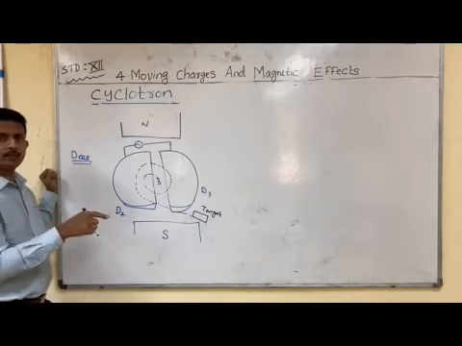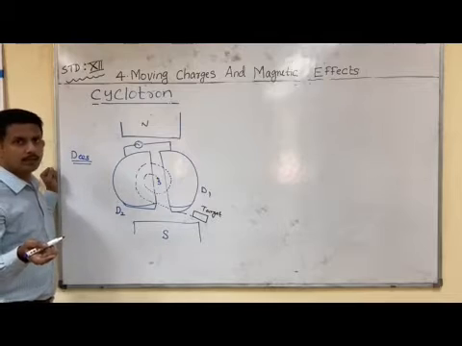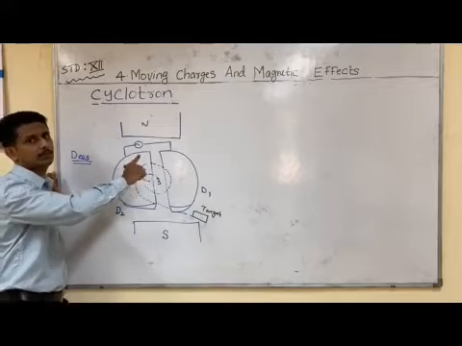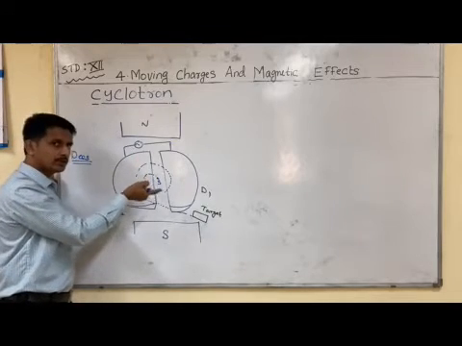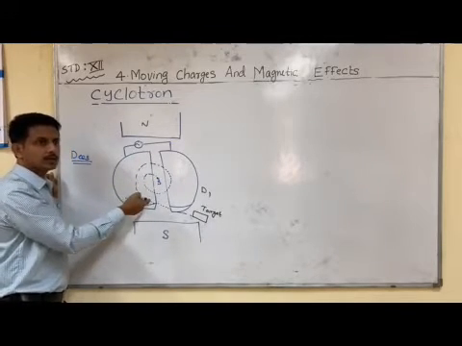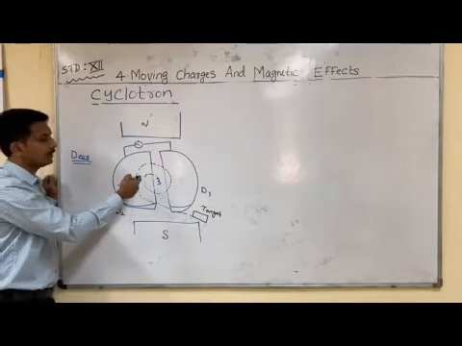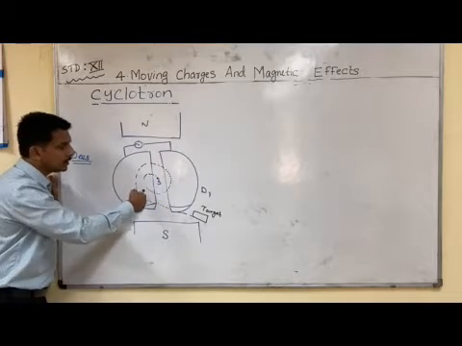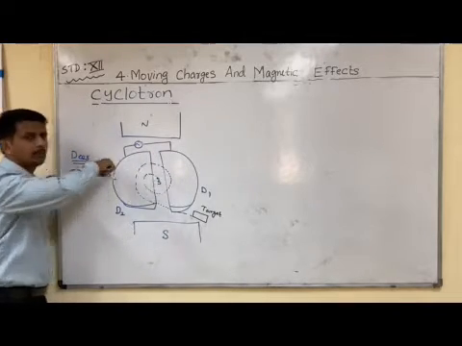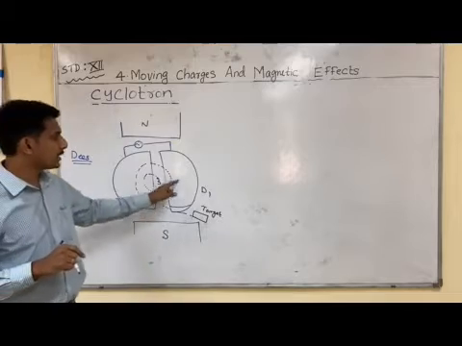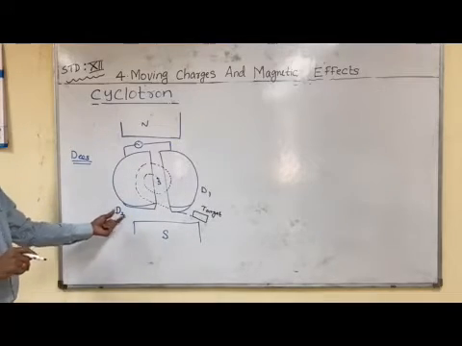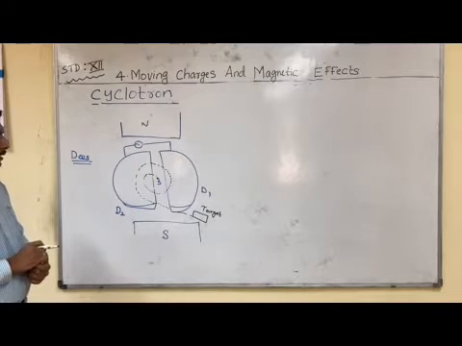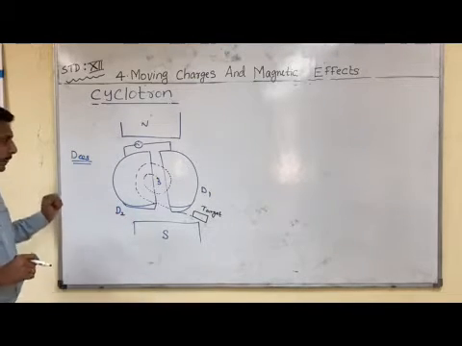We already studied that when charged particles move in a uniform magnetic field, they take a circular path. In this case also, the particle is shielded from the electric field and moves under the influence of the magnetic field. So it takes a semicircular path like this, and it moves in a complete circular path when traveling through both Ds, D1 and D2, acquiring a sufficient amount of energy.